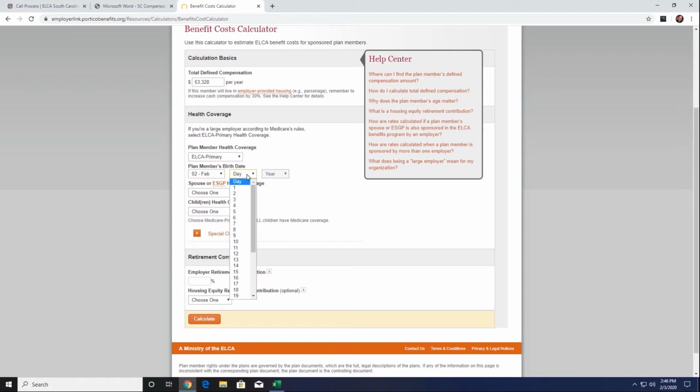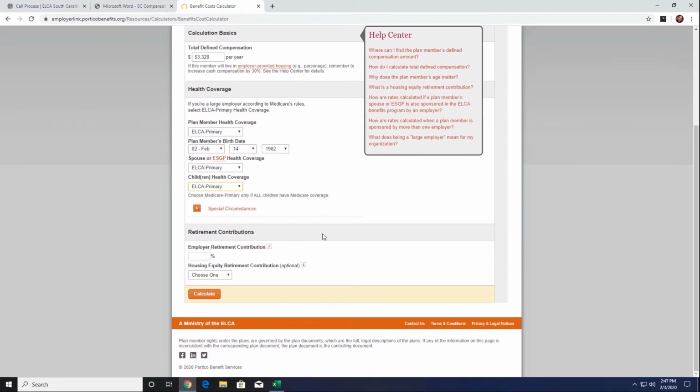So why don't we do a February 14th Valentine's baby, and we will do my birth year of 1982. Spouse coverage would be selected here, whether it's primary or whether it's waived or Medicare primary. Or if you have no spouse, you can click none.